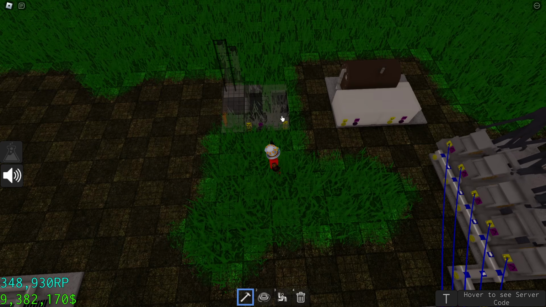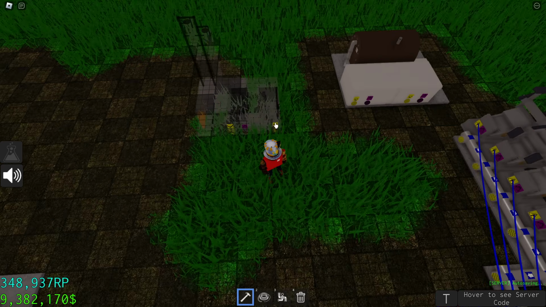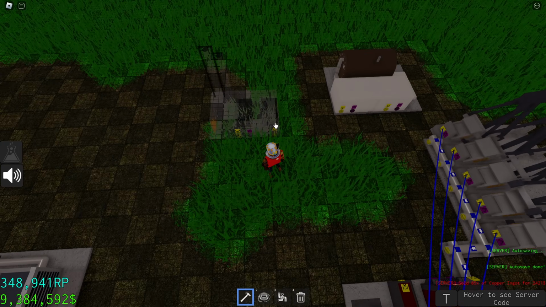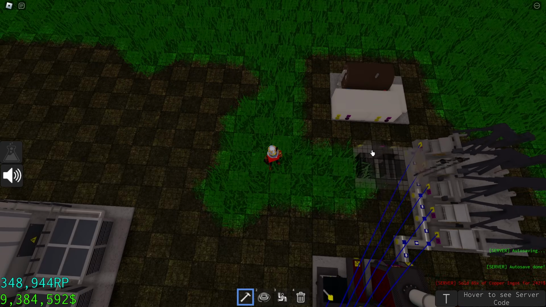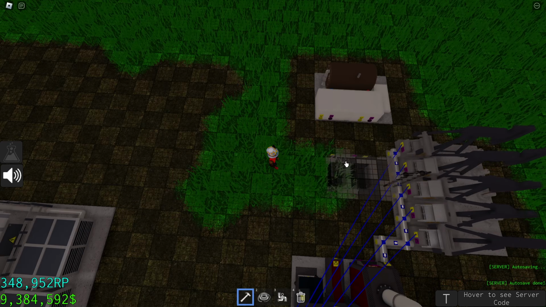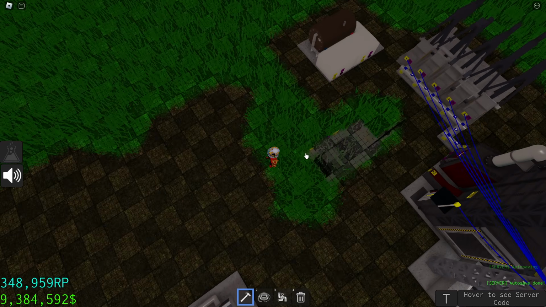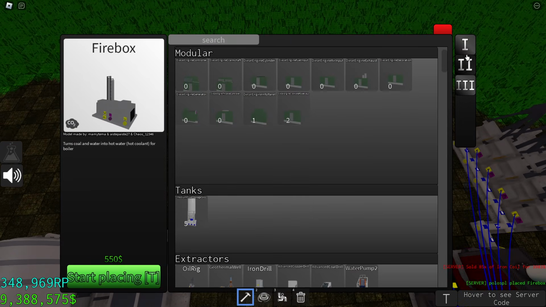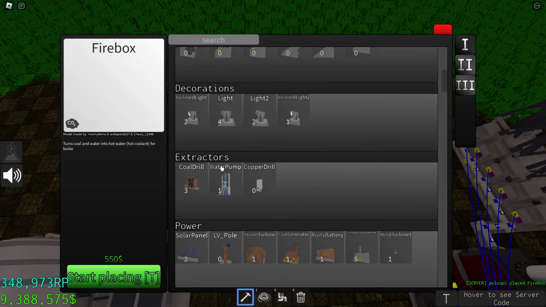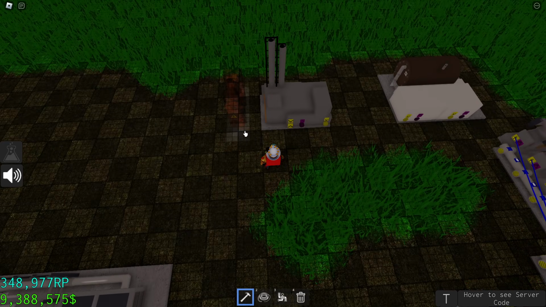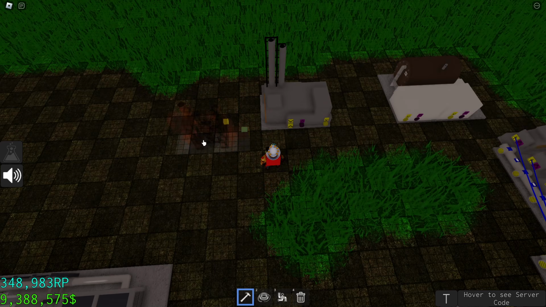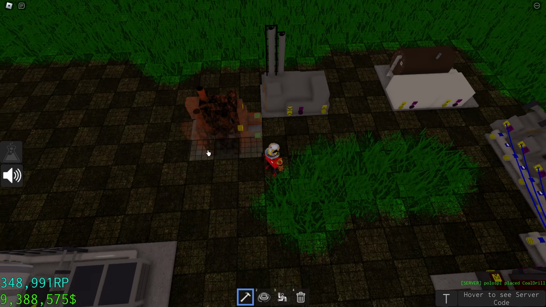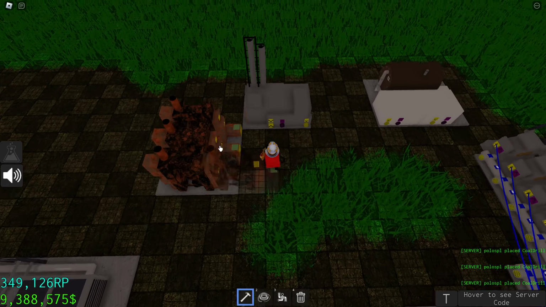Now the output is going to be right here, so I'm going to place it kinda like this. No, I'm just going to place it right here so I have a lot of space to work with. I also recommend you to place it so you have a lot of space to work with, because the plastic factory takes a lot of space.